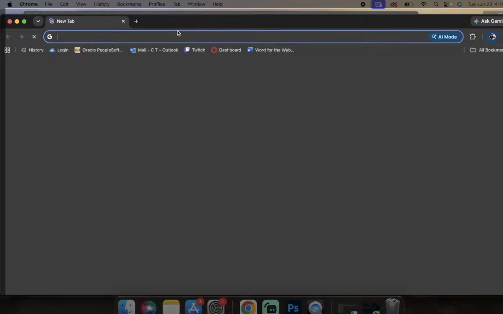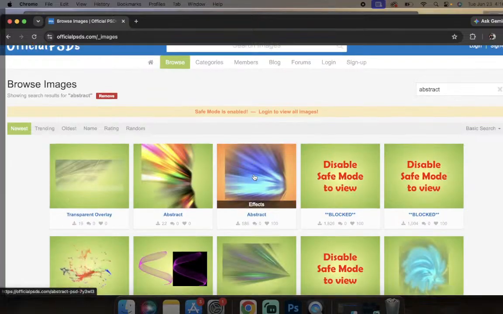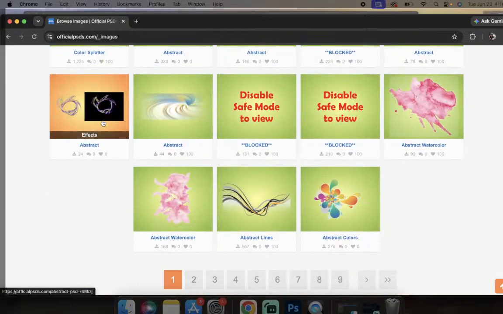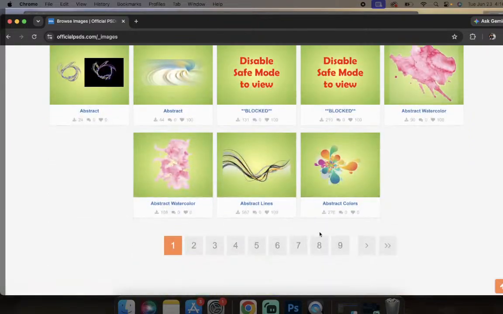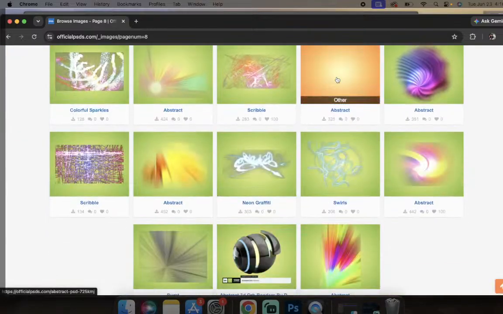Okay, one of the places where I get my abstract symbols and whatnot is Official PSDs. This is not an ad for them. I'm just telling you where I get my abstract glows from if I need it. And I looked at this prior to coming on. It was something I did see earlier